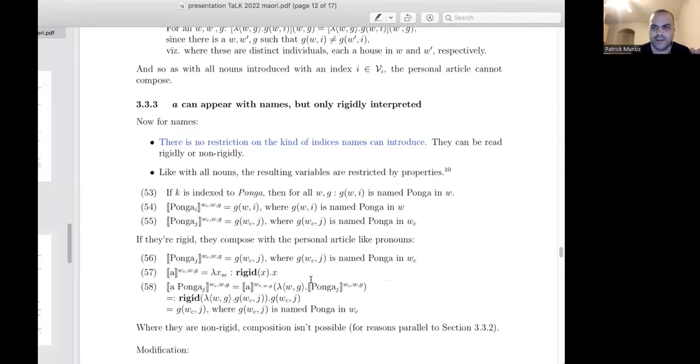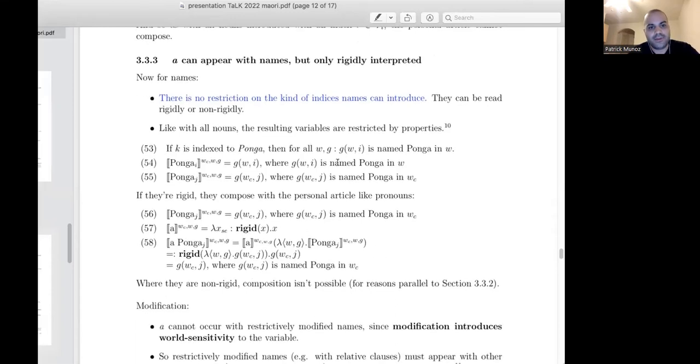Whereas names like mom, let's say, are not pragmatically marked. Mom can just be rigid or not, however you want to say it. And this is an intrinsic feature of the noun, so we don't expect any morphological exponent of it. And I think that there aren't any. So you can have a name that is either a rigid variable or a non-rigid one.